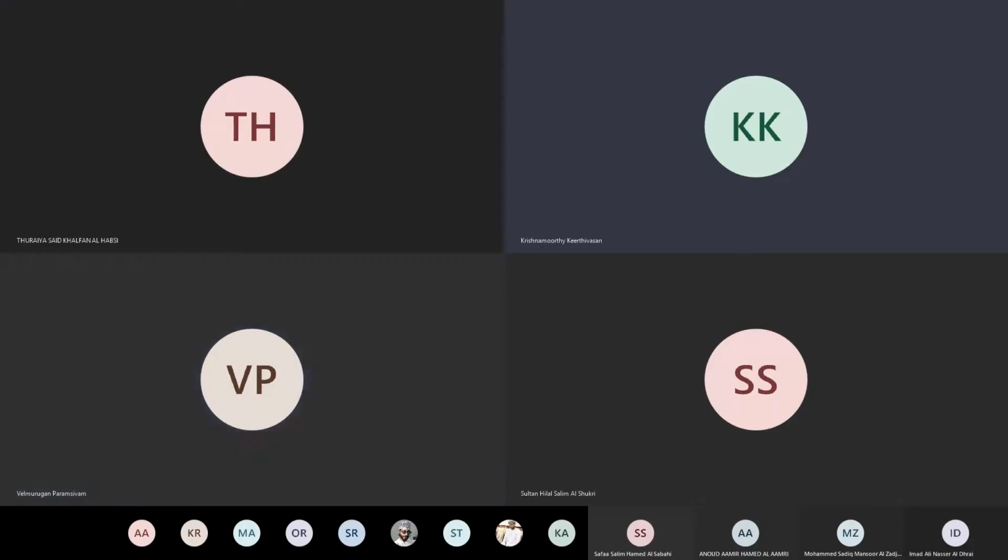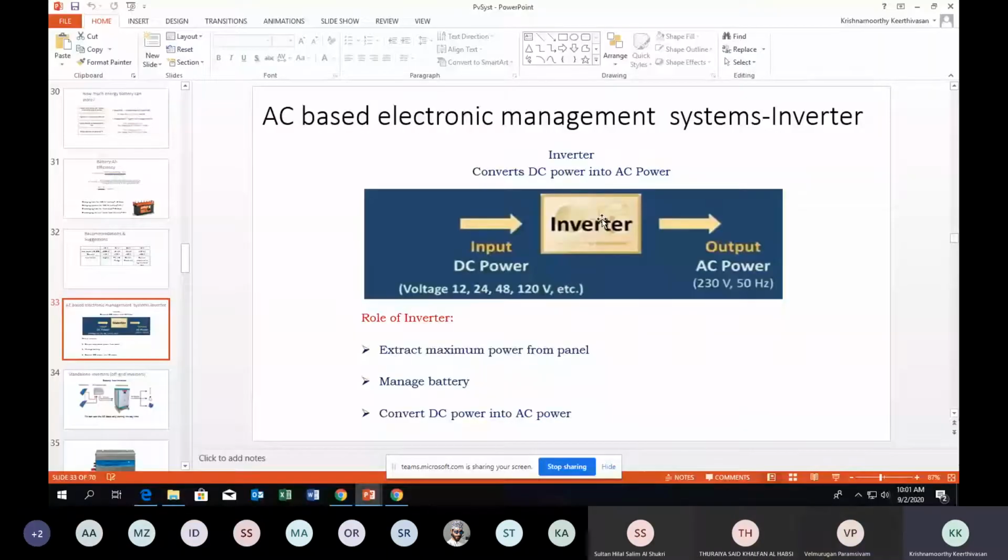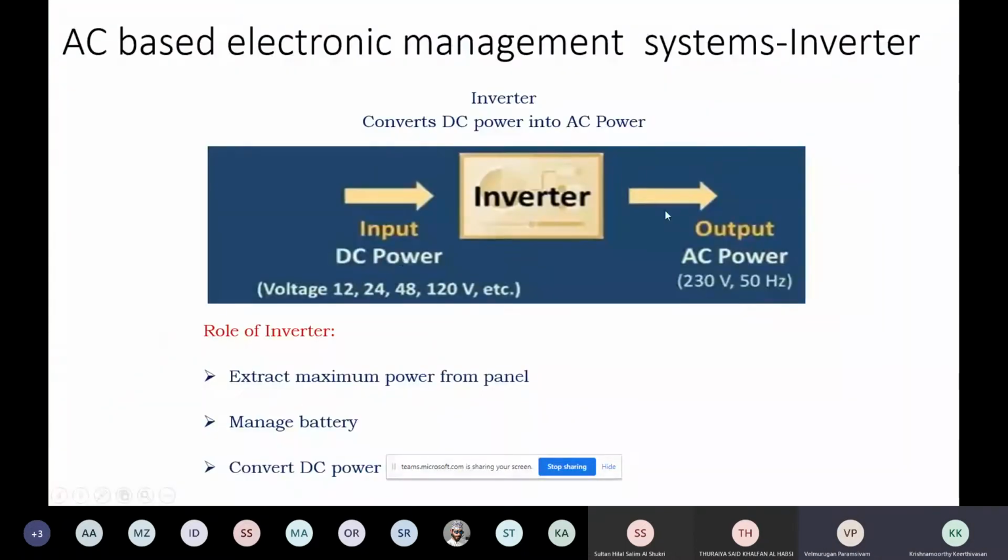We used to have courses called converter, design of converter only. Converter is a common name which is capable of converting AC to DC or DC to AC. For both of them, the same name only. Or otherwise, if you want to use it specifically, you will use the words rectifier and inverter. Rectifier will convert AC to DC, and inverter will convert DC to AC.